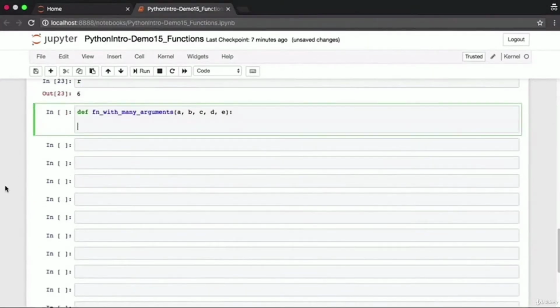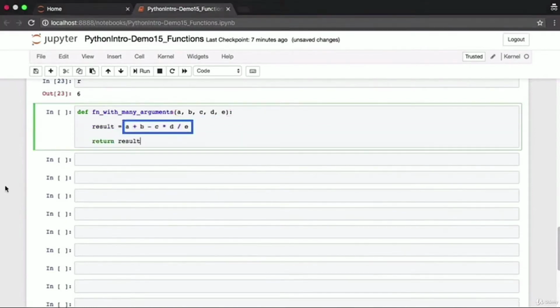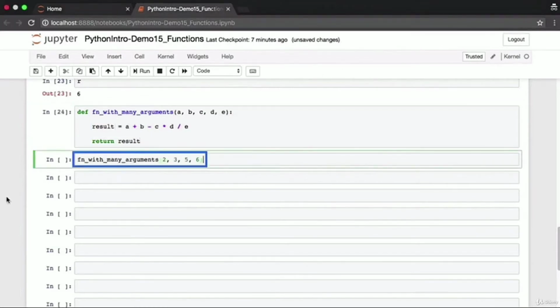We'd spoken earlier about the fact that a function can have as many arguments as it wants to. There is no limit in Python. Here we have a function where we pass in 5 different arguments, a through e. We perform some kind of calculation with the numbers, store the result in the result variable, and then return the result variable. Now let's go ahead and invoke this function, but we'll pass in values only for 4 out of